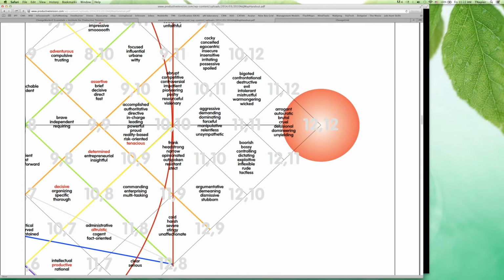But beyond that, our advice to the professionals is don't trouble yourself with individual reference guides for each of the change grid layers. What we want you to get comfortable with is the adjective map, because the adjective map is the result of mapping out all of those layers and superimposing them and letting all those adjectives just settle down into the best place they can be on the change grid.